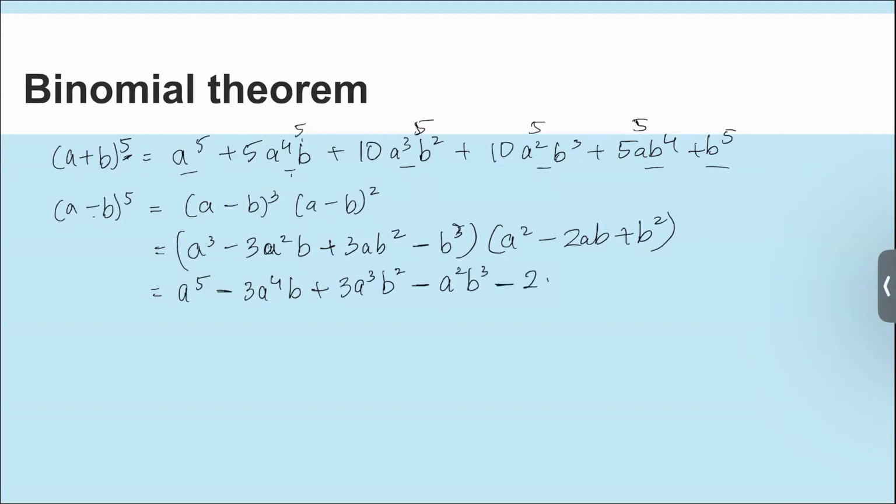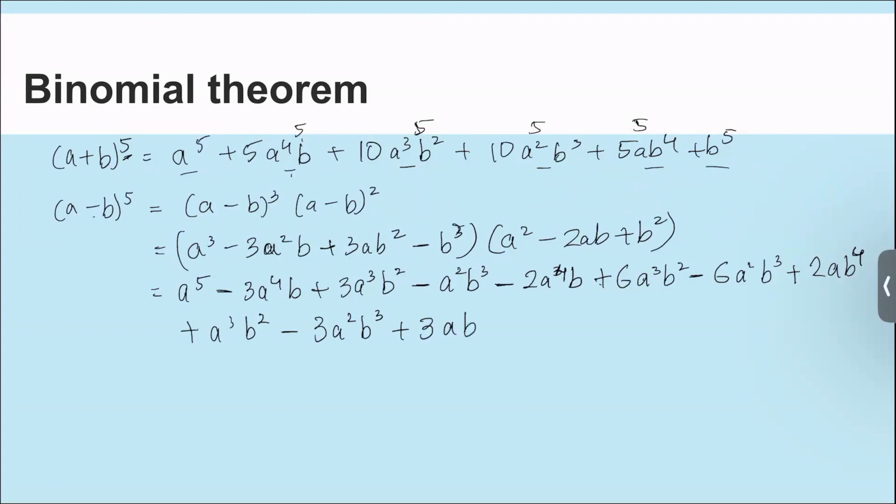And then minus 2 a raised to 4b plus 6 a cube b squared minus 6 a squared b cube, and then plus 2 a b raised to 4. And now the last term, so we have plus a cube b squared minus 3 a squared b cube plus 3 a b raised to 4,